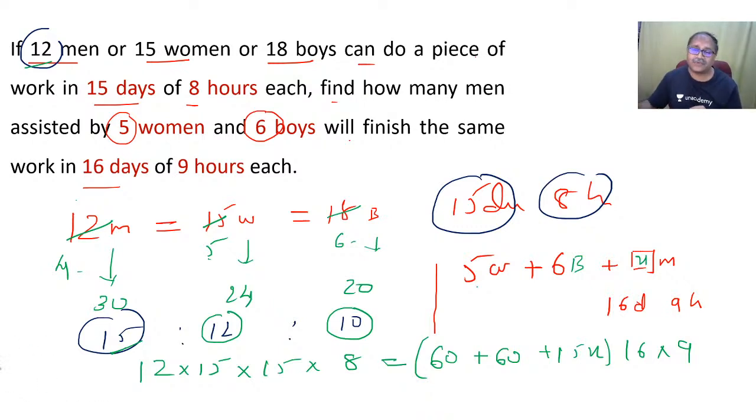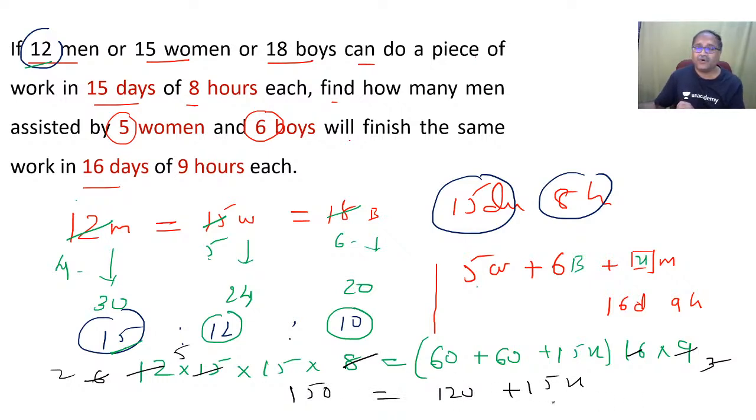Now let's answer this question. The rest is basic simplification. With 16 and 8, I notice there's 2 times, and with 2, there's 6 times. Further, I can see this is 3 times and this is 2 times. With this 3, I get 5 times. Now the question is very clear. Then 5 into 2 is 10, into 15 is 150, which is equal to 120 plus 15x. Hope we are clear here. So the 120 will go over here, that is 30. 15x is equal to 30.